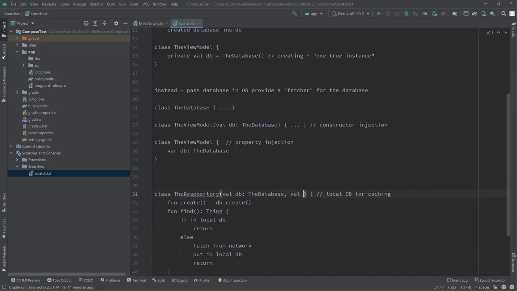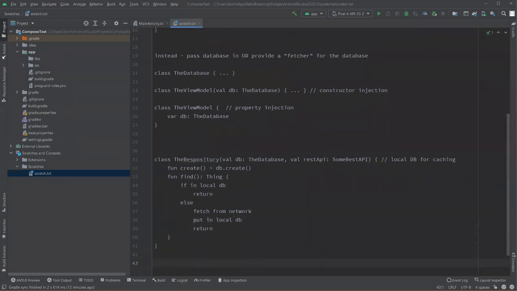And maybe we have something in here that is a REST API object, kind of like we did before. And then we use that REST API object to do the fetching. So the repository itself doesn't create these things. It ends up getting them passed in. Sometimes this is easy to do, sometimes it's not easy to do. In the case of view models, there's a specific way that view models get created. There are some special factories you can set up to allow you to do this, but it's some extra work to do things. Another option, instead of getting the data passed in like this,